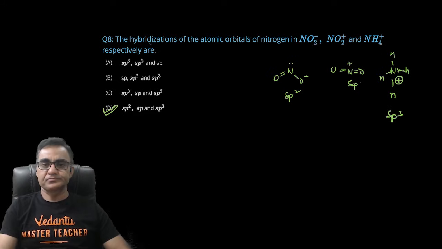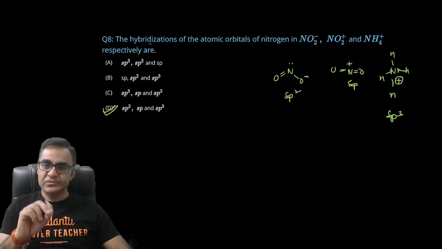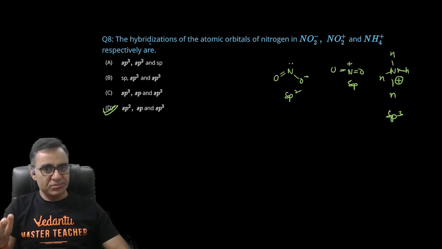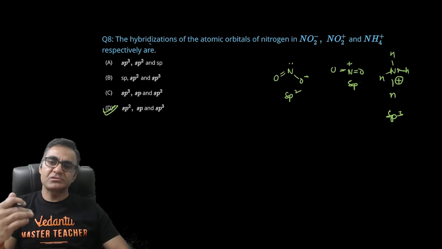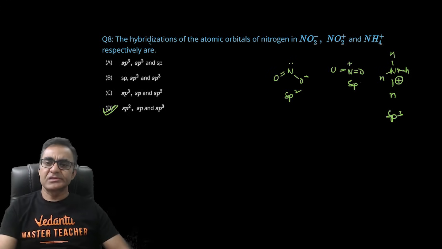All right, जब भी हाइब्रिडाइजेशन निकालना होता है सेंट्रल एटम का, तो सेंट्रल एटम से जुड़े हुए जितने एटम्स होते हैं उन्हें काउंट करना है, नंबर ऑफ लोन पेयर्स काउंट करना है। टोटल नंबर विल बी स्टेरिक नंबर, अगर वो 2 आता है sp, 3 आता है sp2, 4 आता है sp3, सो ऑन, इस तरह से करते जाते हैं। ऑलराइट,